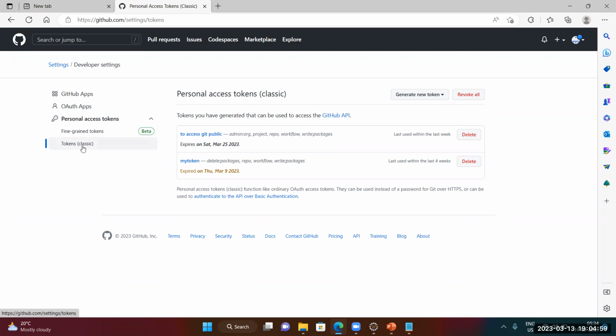When you click on tokens classic, it was already showing a couple of tokens for me, which I created earlier, to commit. That's the reason I was able to commit and do all the Git operations using Eclipse. I can pull the code. So how do you create this? You have to remember a couple of things. Once you generate this token,